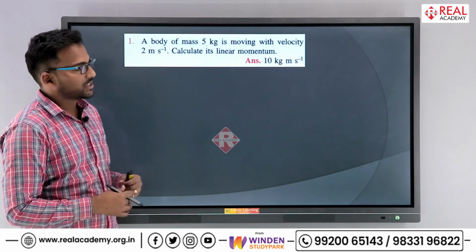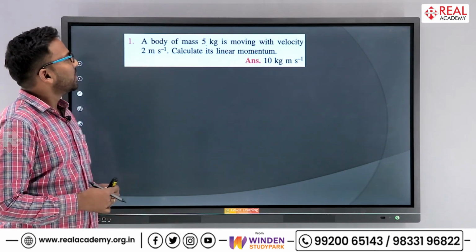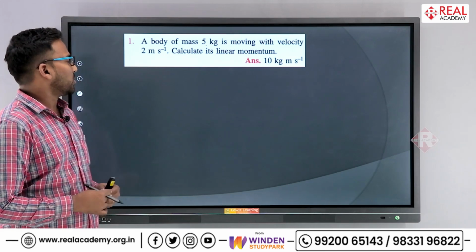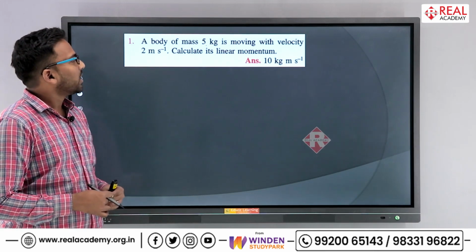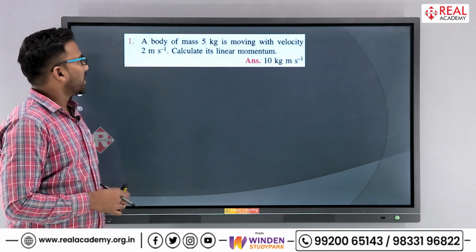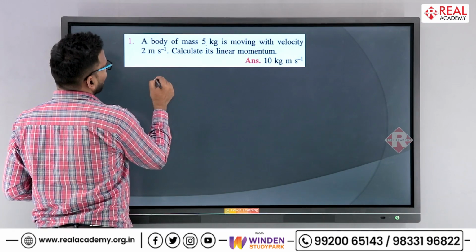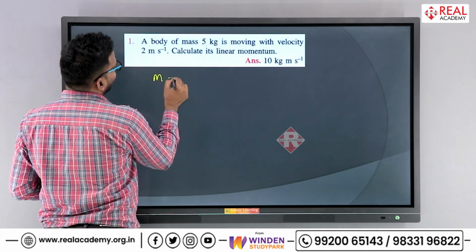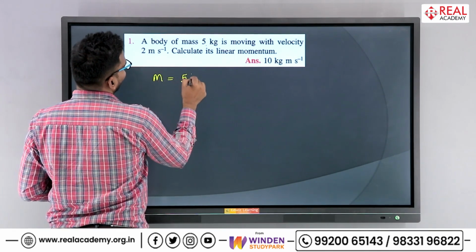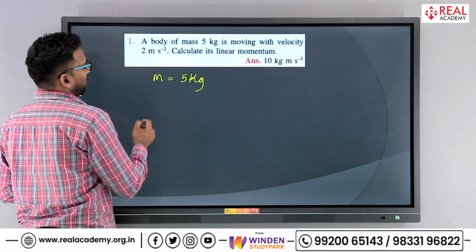Here is the first numerical: a body of mass 5 kg is moving with velocity 2 meter per second. Calculate its linear momentum. Here the given data is a body of mass 5 kg. We have got a certain mass of 5 kg, right, and moving with a velocity